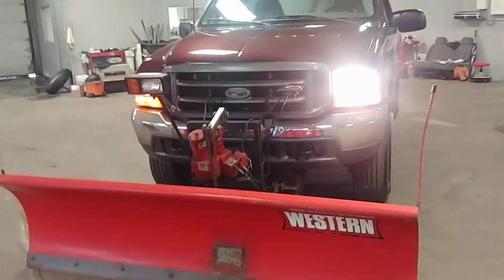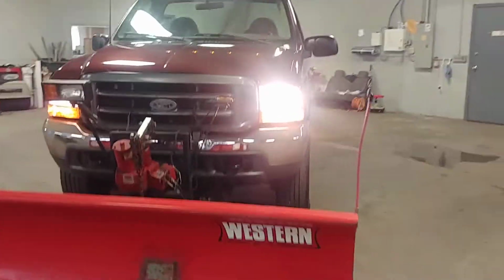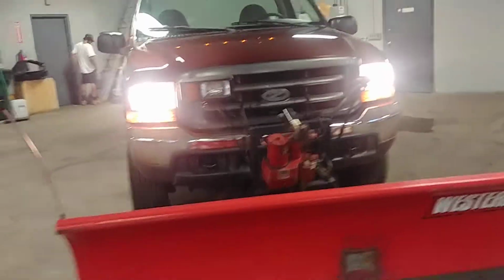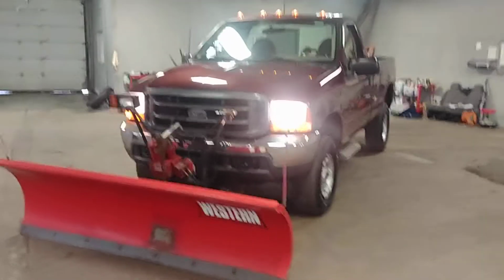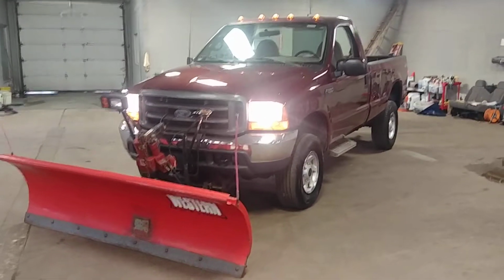All right. Now, of course, as you can see, you need new lights on the fog lights or whatever they're called, but the lights on the truck are actually working, and that's really the most important stuff. You know what I mean, folks? Once again, a 2000 Ford F